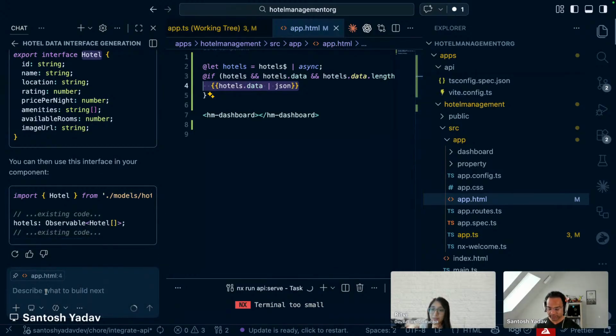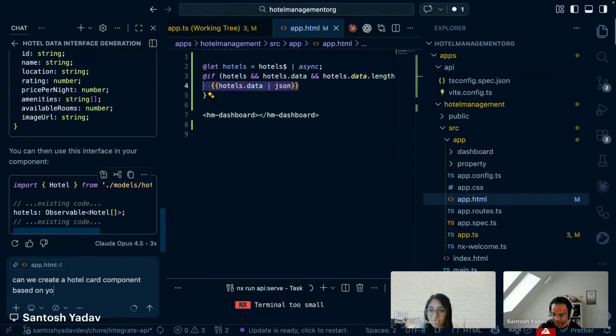So what I can do is create a card component, because look, you don't need to actually move it to production, right? You can just create maybe a POC kind of thing, or the final design is something which you get from your designers, and then you might have to change. But for quick prototypes, just go ahead and use AI. Who is stopping you? Or maybe your portfolio. Just go ahead and use AI. Create a hotel card component based on our